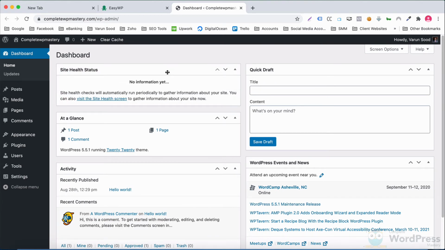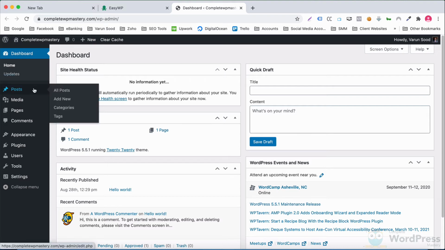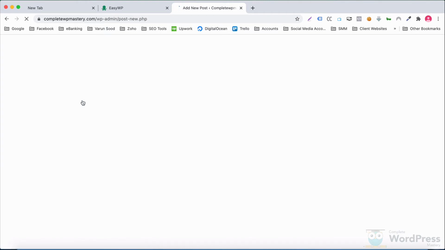While this dashboard page is good for a quick overview, you will most likely spend most of your time in other areas of the WordPress admin panel. And to access those areas, you can use the various menu items available in the sidebar on the left. WordPress includes a number of menu items by default, but many themes and plugins add additional menu items. Many of these menu items contain nested menu items. For example, hovering over the Posts menu item reveals a set of sub-menu items. You can create blog posts using this Posts menu item.